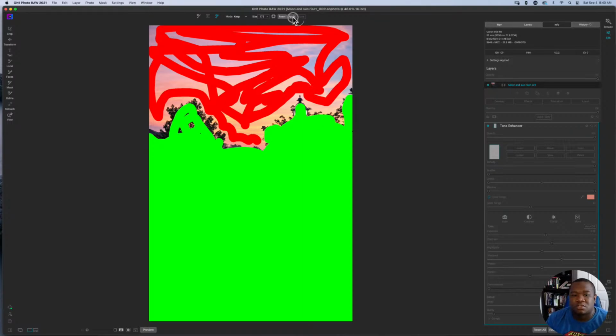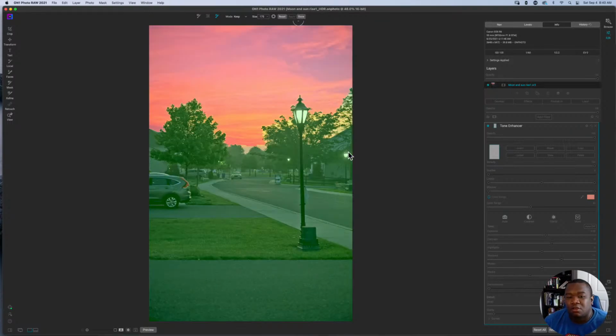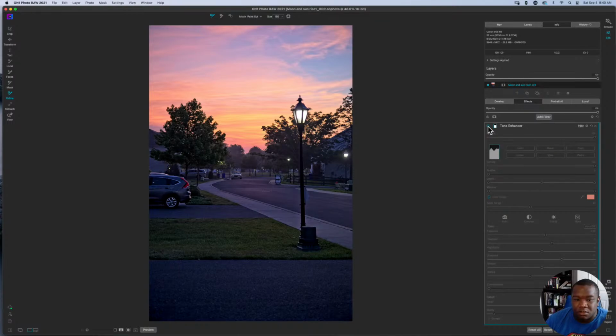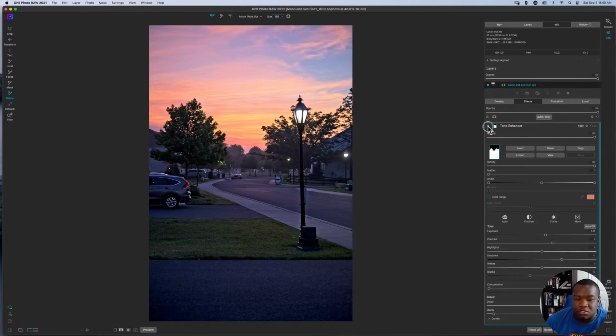And let's hit apply, see what happens. Hopefully it makes, and it does make a pretty good selection. So I'm actually pleased with that. We'll hit done and we will go on to the next step here. So as you can see, it's only making those adjustments to the foreground and we have a pretty decent mask,